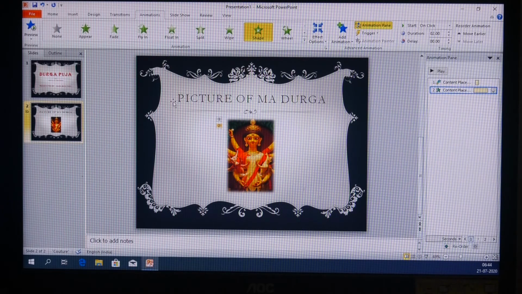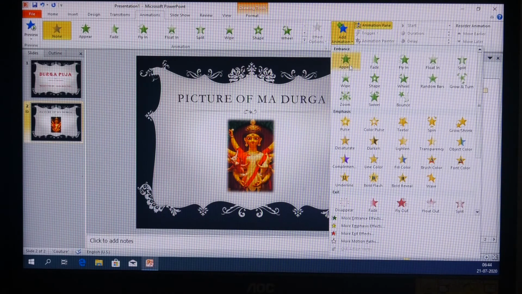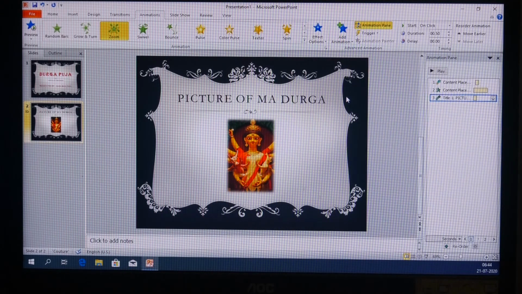See. Now I am going to give animation to my text. I select the text. Now I again go to add animation option and click on zoom. You can see it.